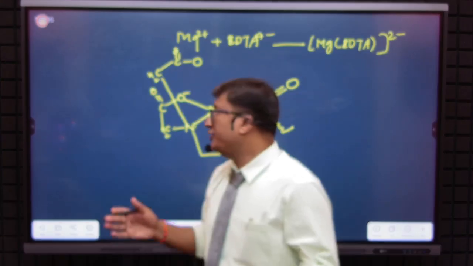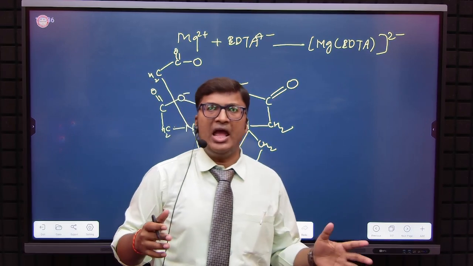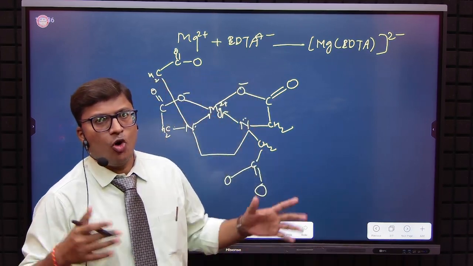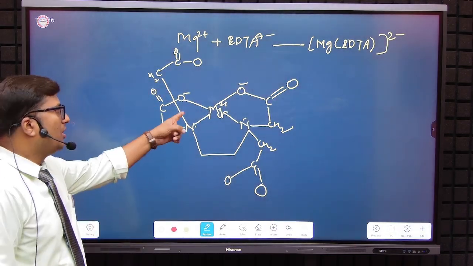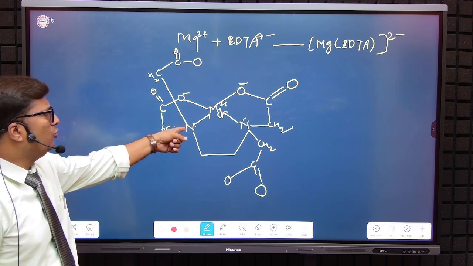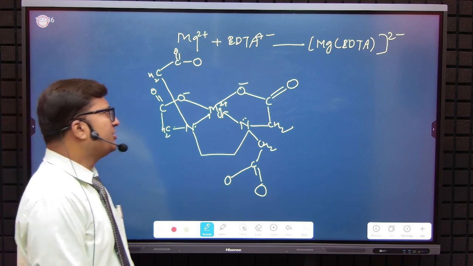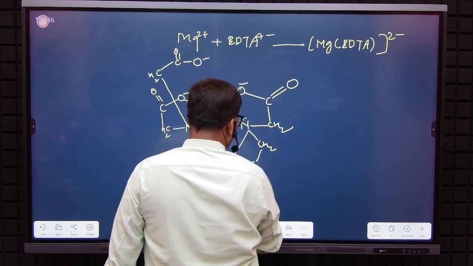So there is a strong electrostatic interaction between Mg2+ and two oxygens containing single negative charge, right? So they form a covalent bond, and here two coordinate bonds, and the rest of the two negative charges